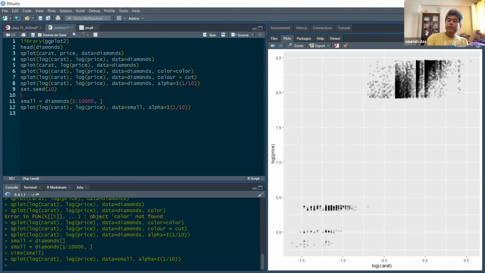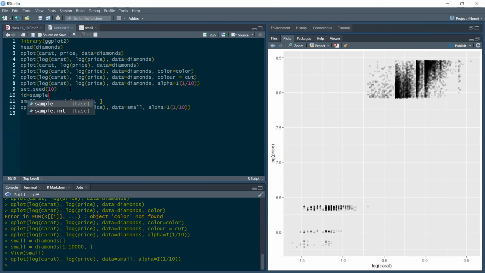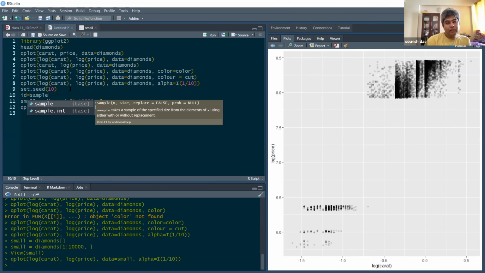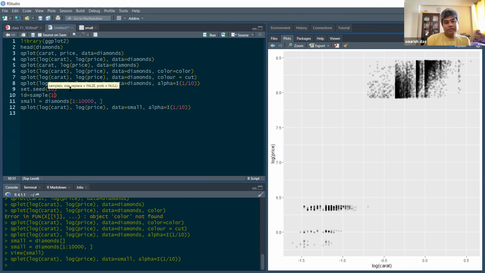Now you write ID equal to sample, open bracket, 1 to 50,000, comma, then size equal to 10,000, and comma, replace equal to false.